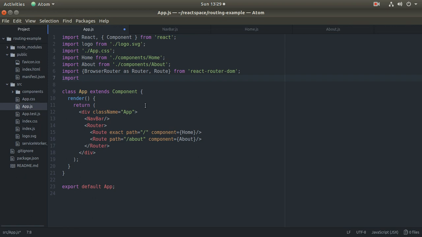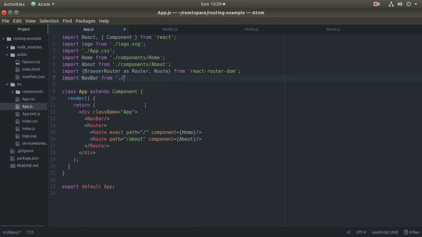Import, just a second. All right, let's import what we'll have to import. Navbar, import navbar